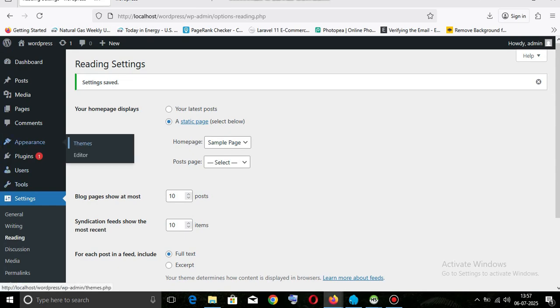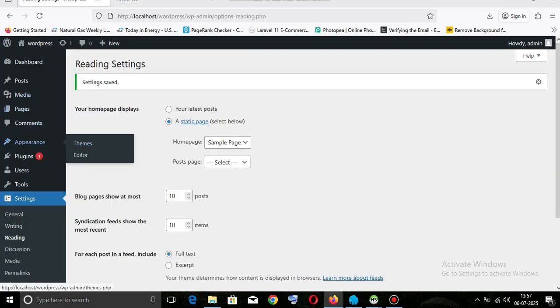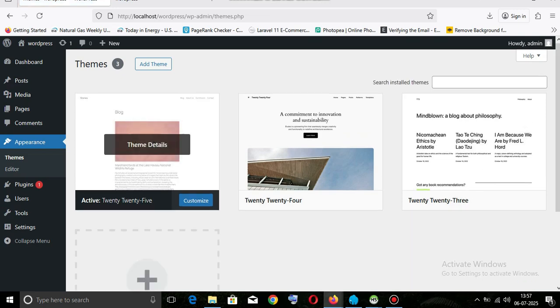If you want to change the theme, if you want to change the look of this front end, you can go into Appearance and theme options, and you can choose the themes. There are free themes, and I'm sorry, premium themes also. By default WordPress gives you free themes like 2025, 20